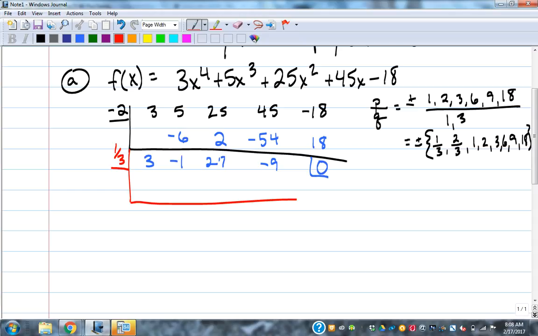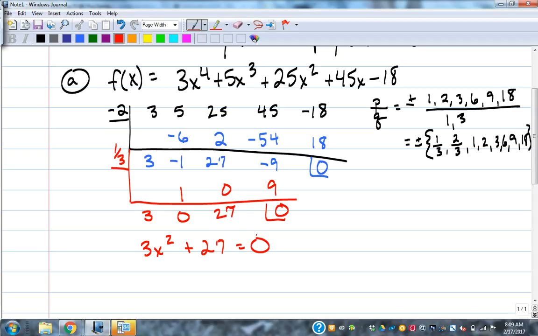Running a fraction through synthetic is not the funnest thing in the world, but it works the same way. So 3. It works out great for this one because you end up with nice numbers. 3 times a third is 1. That's 0. And then that's 0. That's 27. And then a third of 27 is 9. And there's a remainder of 0. Now we got this down from 4th degree up here. It was 3rd degree here in the blue. Now in the red, that's x squared. So we've got this down to this equation: 3x squared plus 27